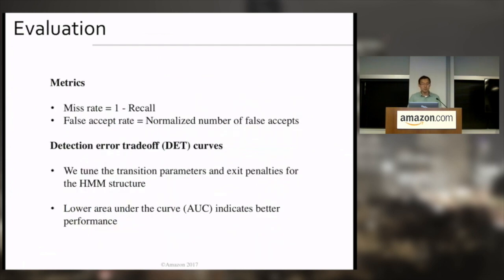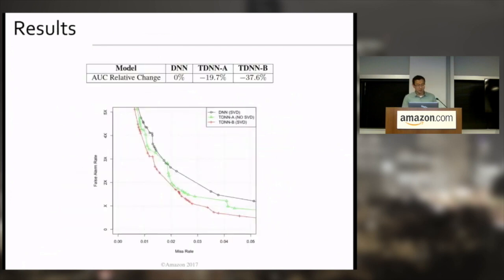To measure the keyword spotting performance, we use 2 metrics. The first one is miss rate, that's 1 minus recall. The second one is false accept rate, which is the normalized number of false accepts. Here we are able to plot the detection error trade-off curves by tuning the transition parameters and exit penalties for the HMM structure. For example, our DET curves are shown in this picture here.